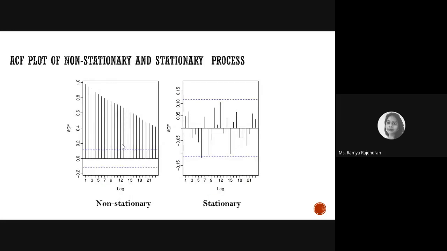So this is how your ACF plot looks when you have non-stationary data. The rho value will not be within the confidence limit, so you cannot identify a lag number. Here you can't see the lag number, right? But when you make your data stationary, you can find your lag very easily. So that's a major reason we are converting your data from non-stationary to stationary.